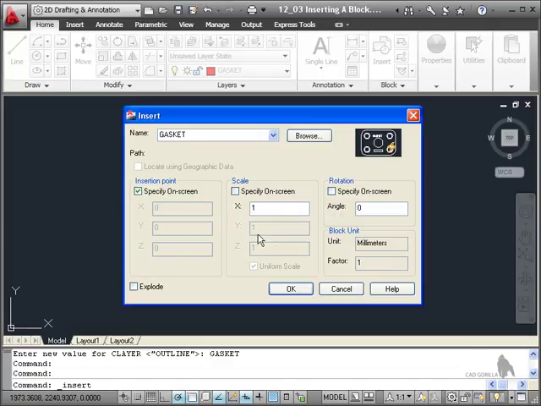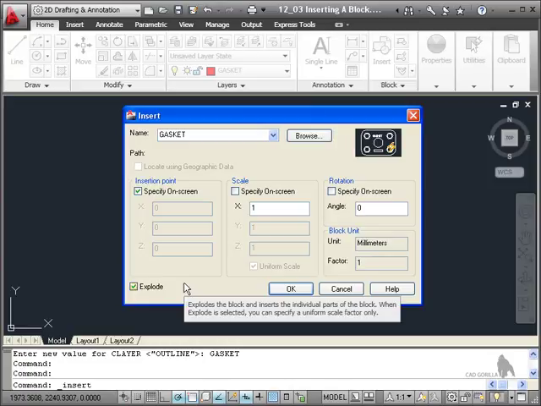Scale, I want it to be 1 to 1. So that scale in the X direction will be 1. It's a uniform scale there. If I specify that on screen, I can do it there if I want to. It's entirely up to you. Rotation angle will be 0. I want it horizontal. And the block units, well, it knows that already from the block I created. It's in millimeters. If I want to explode the block when I insert it to its component parts, I tick